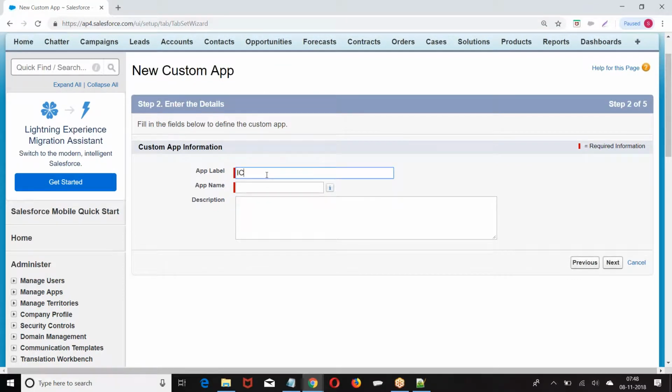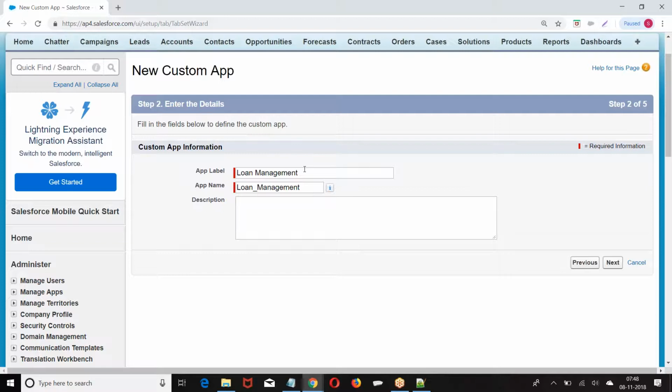Label. Now what is this application label and name? The label is the name with which the application is displayed to the users on the UI. With what label should the application be displayed to every user on the UI? That is your application label.